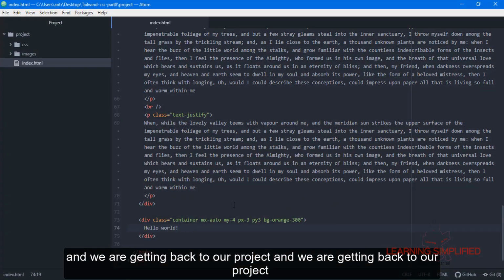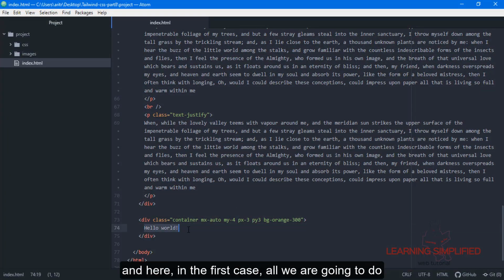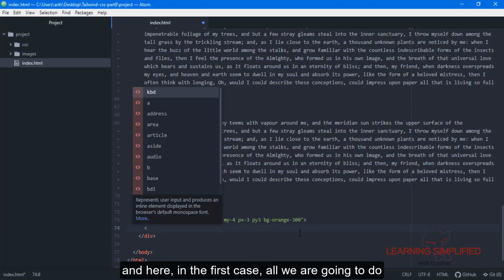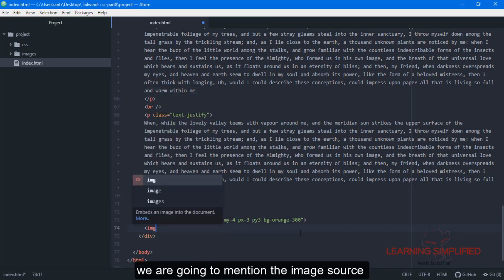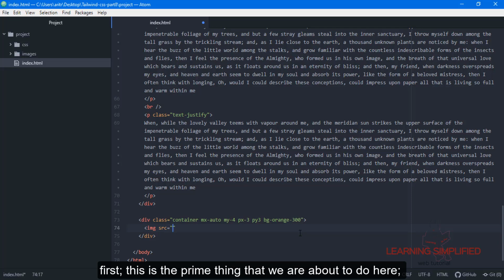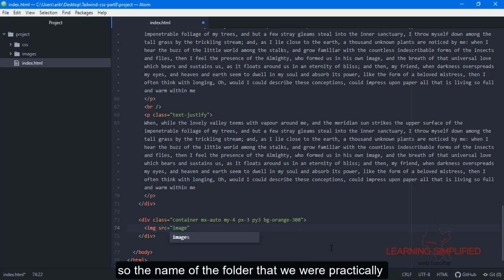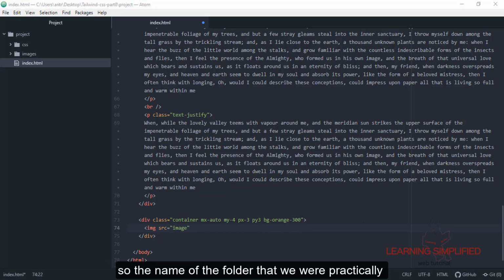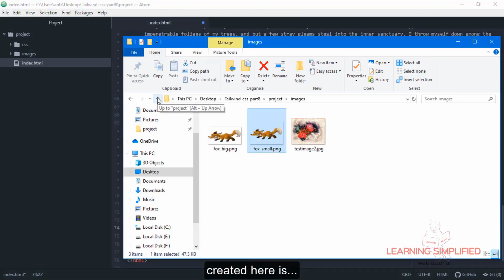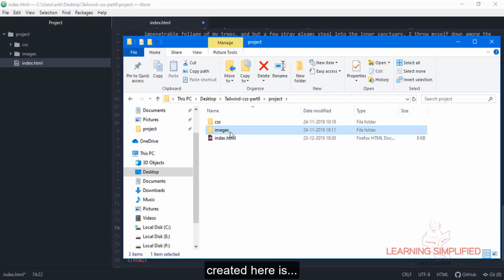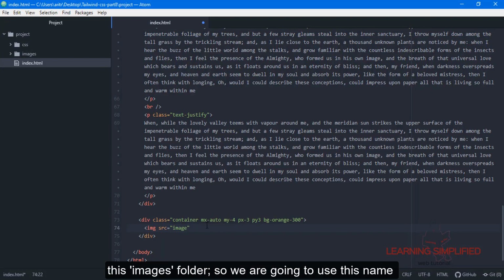And we are getting back to our project, and here in the first case, we are going to mention the image source first. This is the prime thing that we are about to do here. So the name of the folder that we had created here is this images folder. So we are going to use this name here.